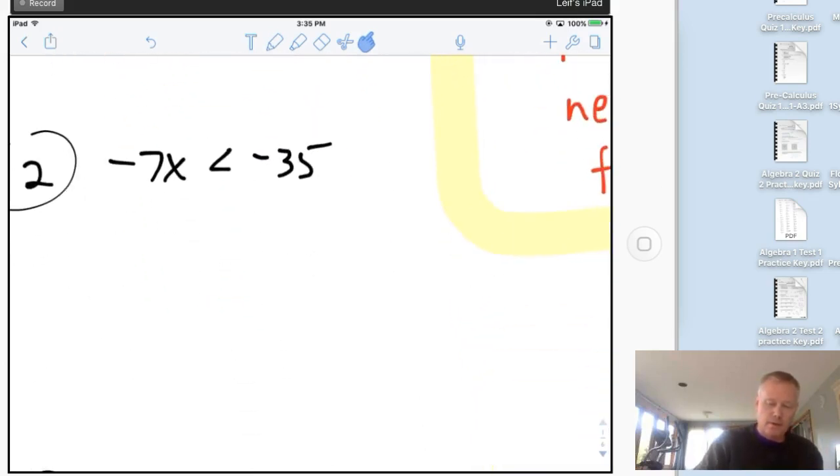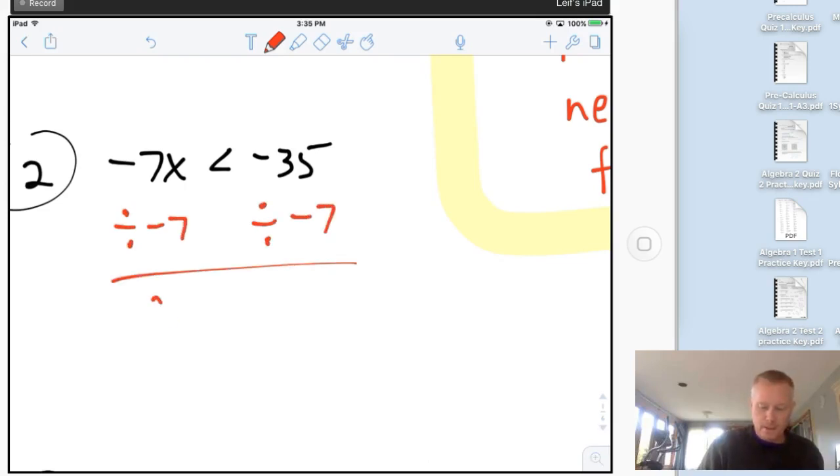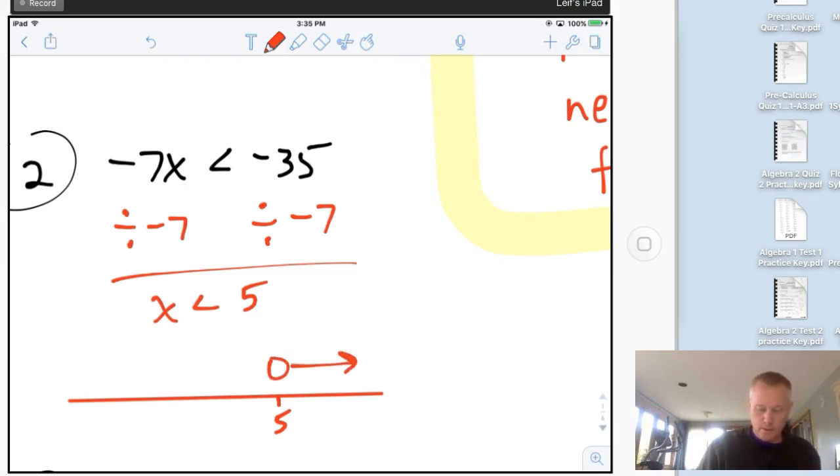Next one. If I had this one, I'm going to divide both sides by negative 7 here, and I get x is less than negative 35 divided by 7, which is positive 5. If they asked you to graph this on a number line, you'd go over here and put a 5. This is an open dot, and oops, guess it's going the other way. Here are the numbers that are less than 5, they go that way. Okay. Open dot,